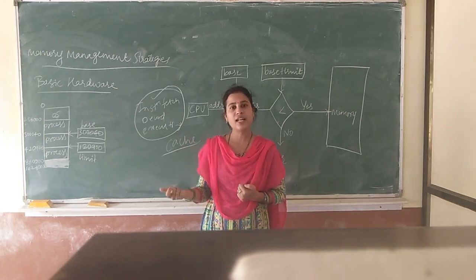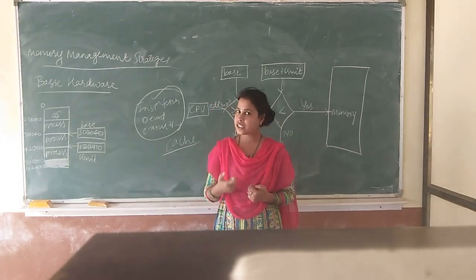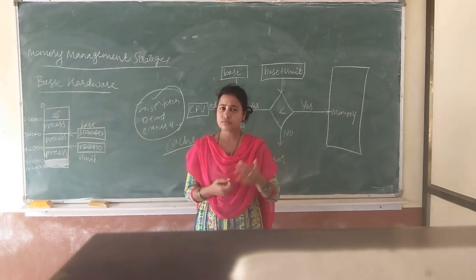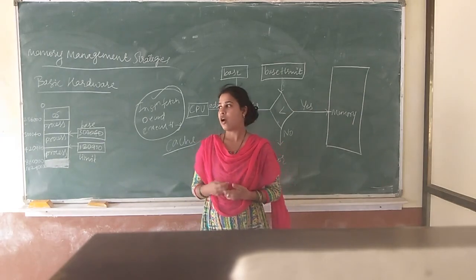So what will be done? When you access the main memory, a copy of that data is kept in the cache memory, and that data is used for the execution. So this is what you are going to see when you are doing the operations.